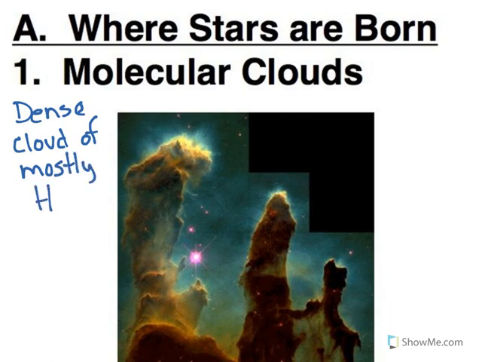The molecule of the molecular is H2, so it's two hydrogen atoms bound together, and that's what forms a molecular cloud. And the picture we're seeing here is a small portion of the Eagle Nebula, which is a molecular cloud